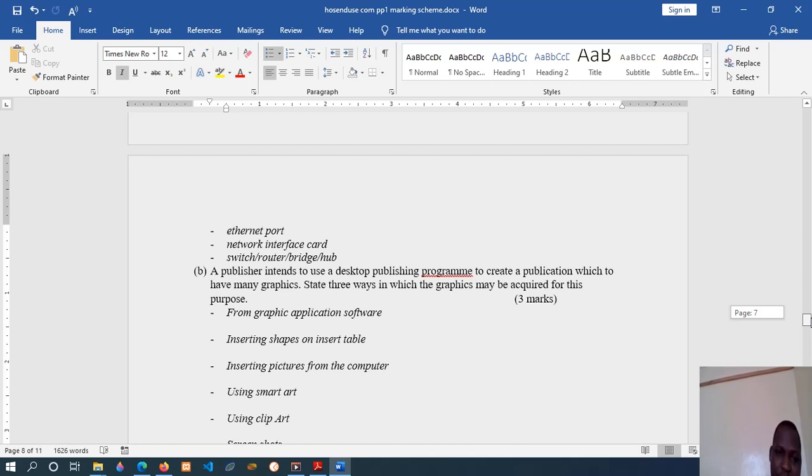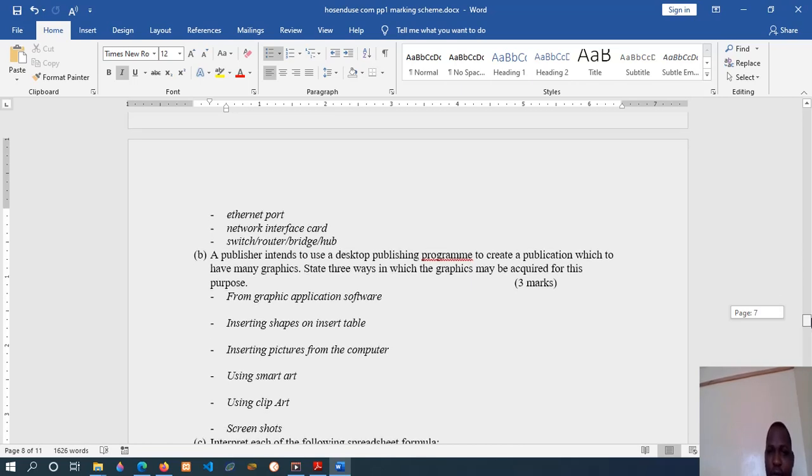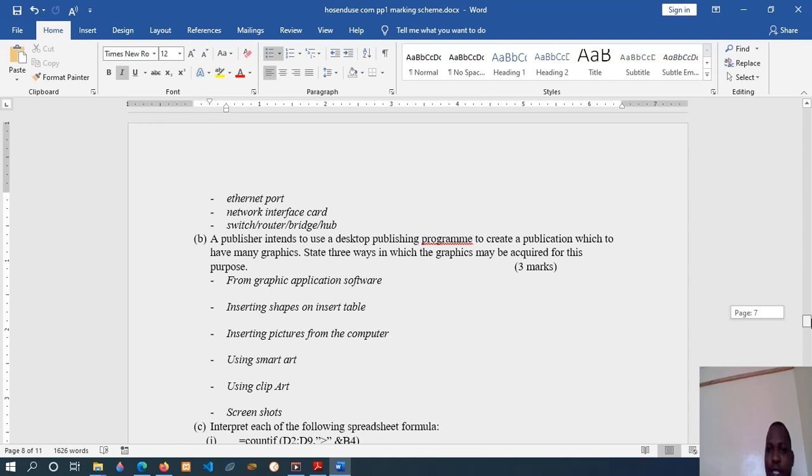Now, a publisher intends to use a desktop publishing program to create a publication which is meant to have many graphics. State 3 ways in which graphics may be acquired for this purpose. Now, if the publisher intends to use a DTP or a desktop publishing program to create a publication, then